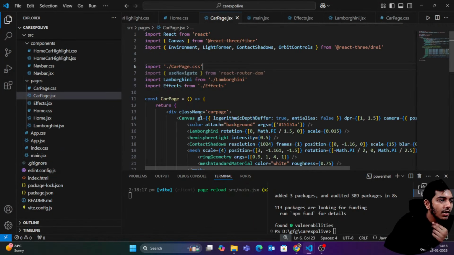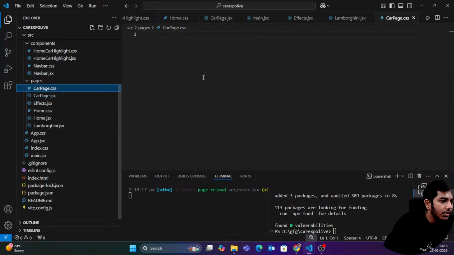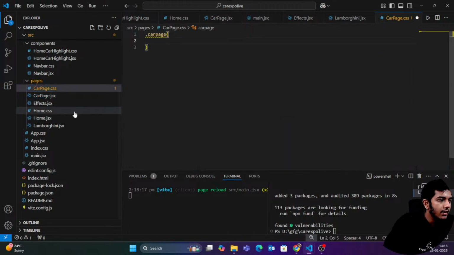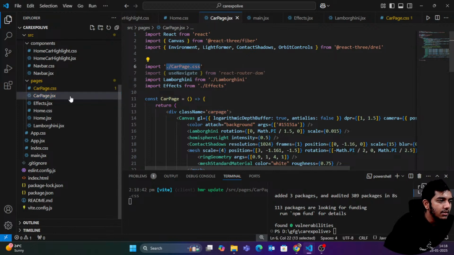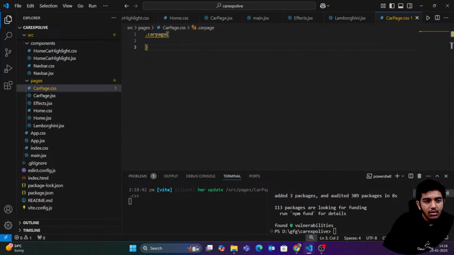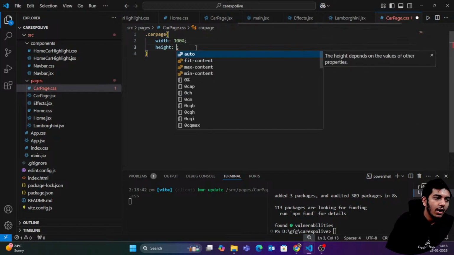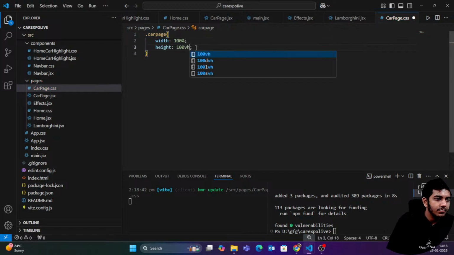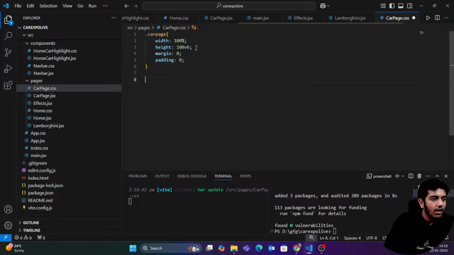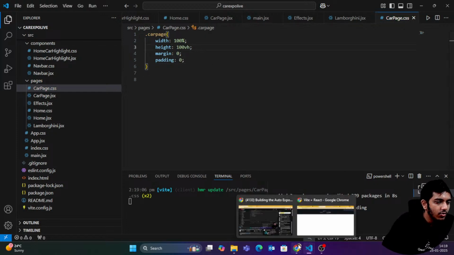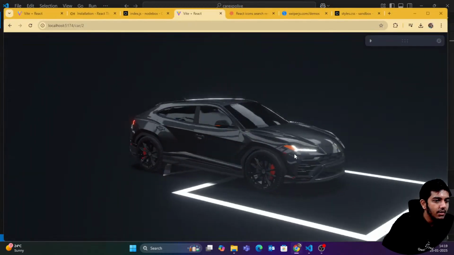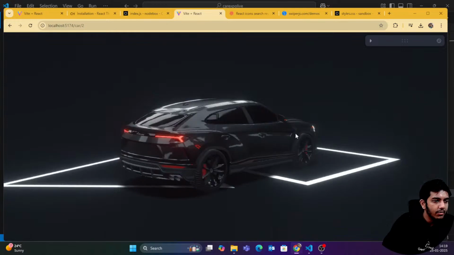So let's go to car page, and here we have car page. Okay, we have car page, so I'm gonna go to car page css and add that. Make sure you are using car page css. That's it. So in car page css, we just need to say that width is 100%. Height I want as 100 vh. It take full height. Margin 0, m0 is margin 0, p0 is padding 0. Okay, now let's see if it looks good. So you can see that now it's taking full space, and also I am able to control it very easily,